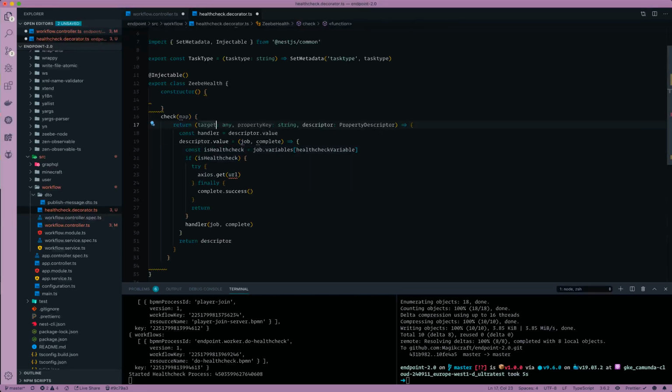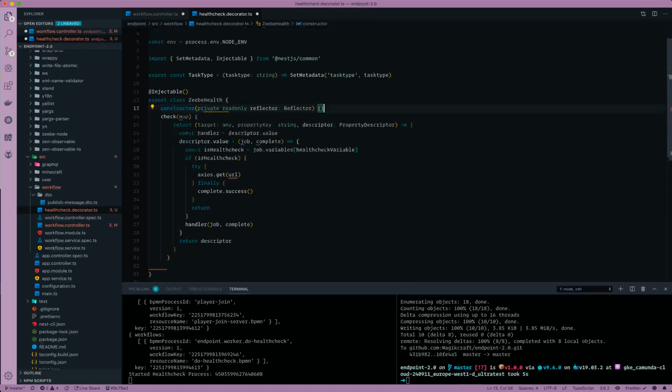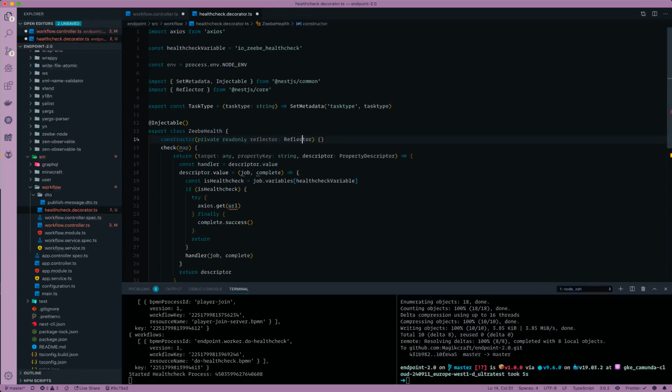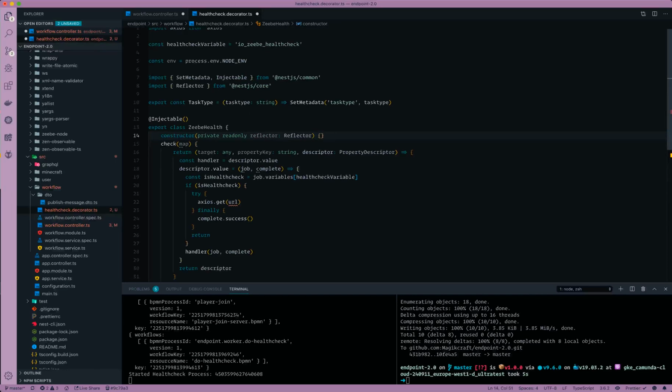Okay, so target, we should be able to get the metadata off the target. That's the name of the method. Yeah. So my roll guard. Grab that constructor signature. Ta-da. This reflector comes from NestJS core. Injectable. Yep. Set the metadata. Now,